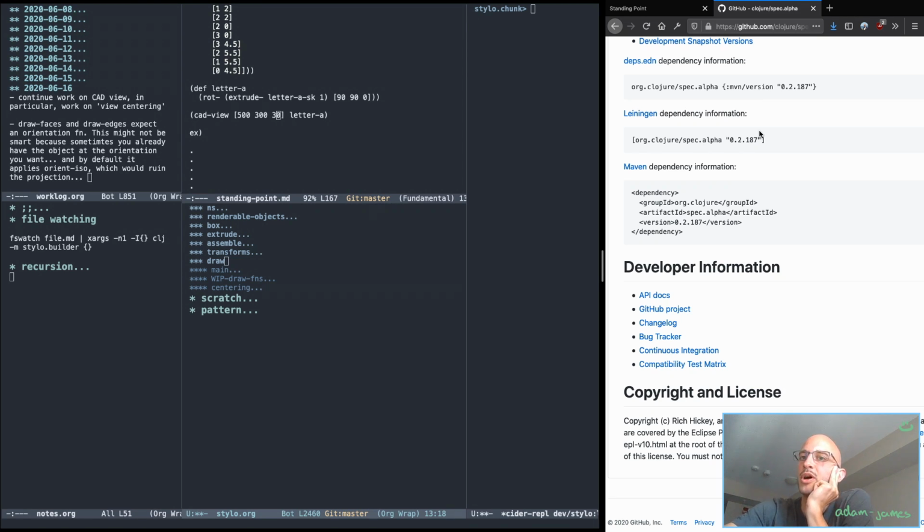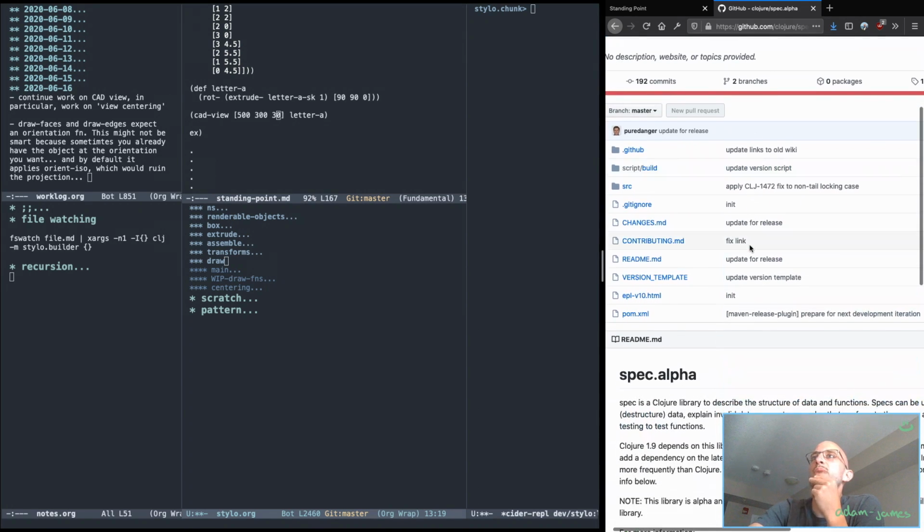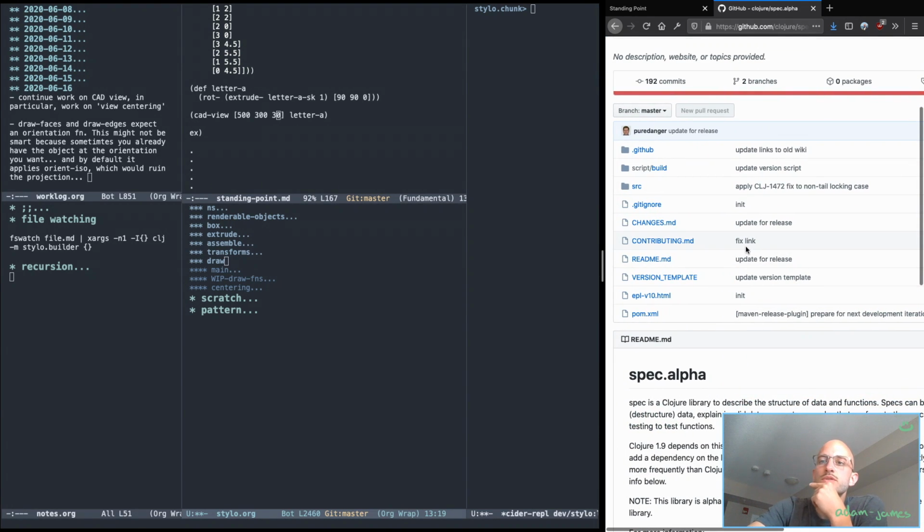So it's been on my mind and on my list of things to do to off-stream read up on how to use Spec effectively, and then start putting it into my workflow. Because what would be really cool is to write kind of like this. Generally speaking, you write Clojure, right? You write a function,